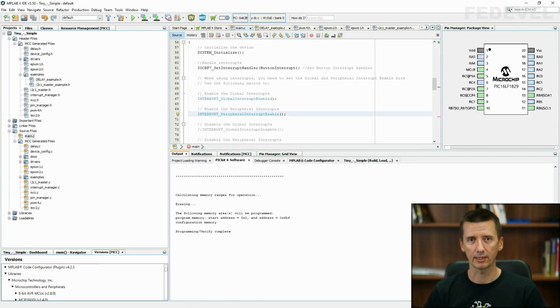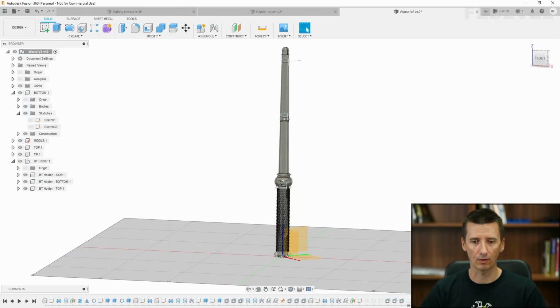We could actually go one step further, and we could maybe design a whole product together. Because the main goal why I designed this board is to place it inside of this wand, and then you will see. You can guess what is going to happen with this wand.